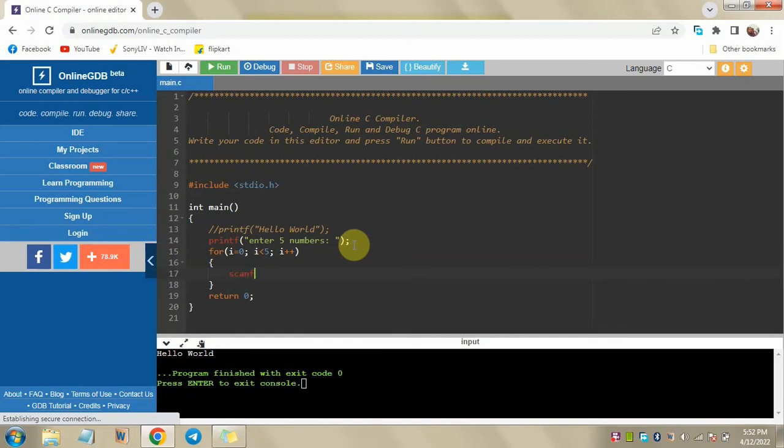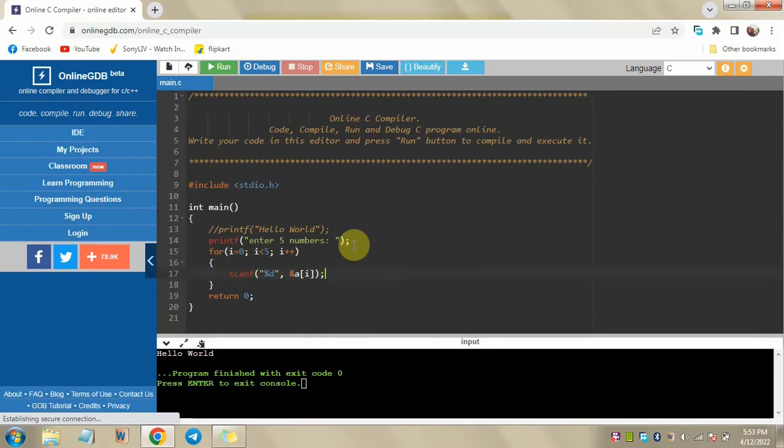Scanf is for reading. Now within scanf we will be reading within inverted commas within first bracket, and within inverted commas we have to write %d for integer, and comma ampersand, that is the address of the array A of position I. It will start with 0 and end with 4 because it will not go to 5.